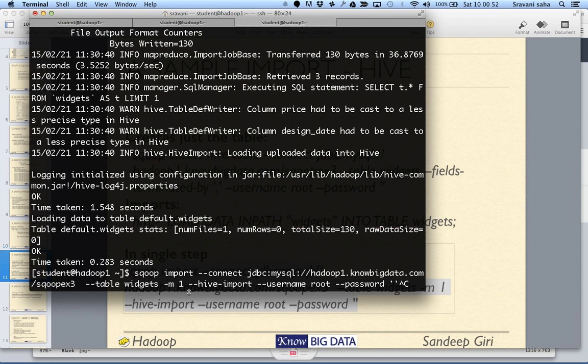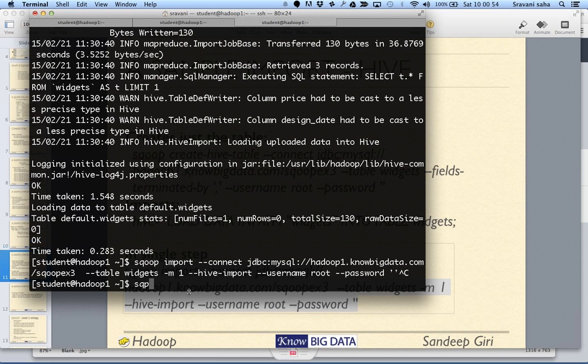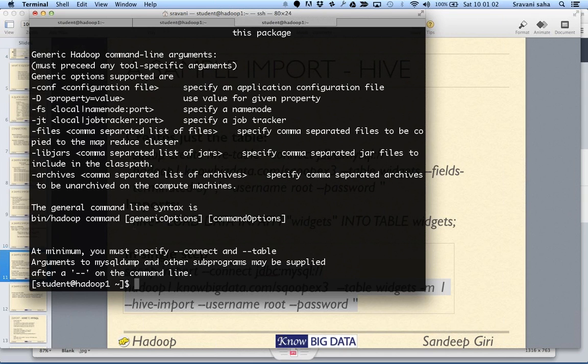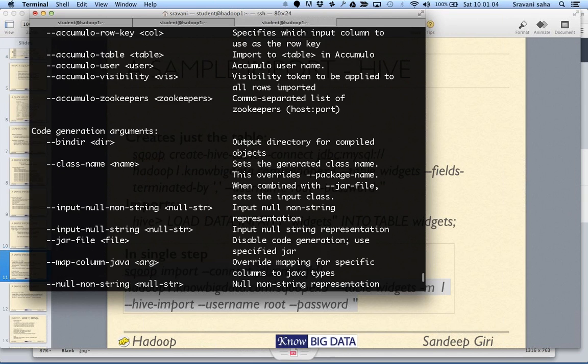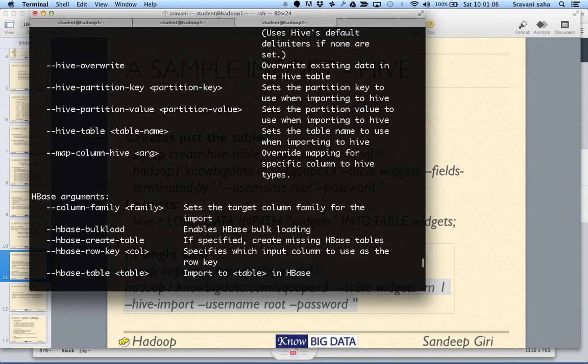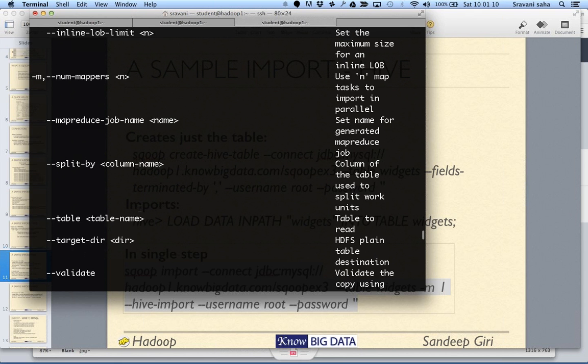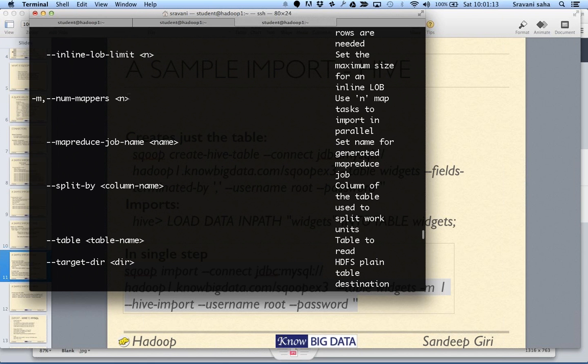Okay, let's just see the Sqoop import help. Okay, what does it mean by minus m? It's most likely the number of mappers. Okay, and you can also define that